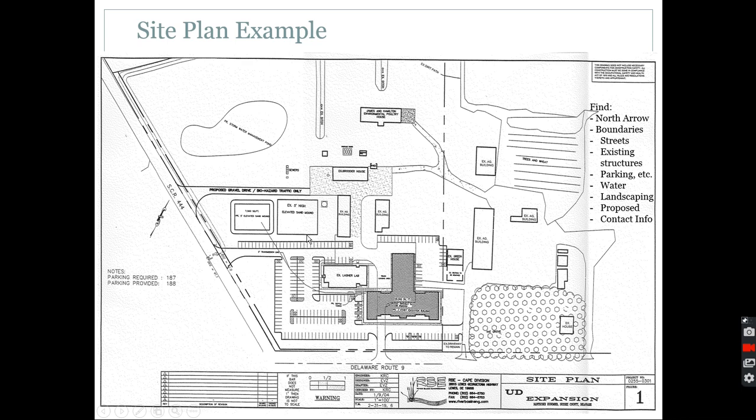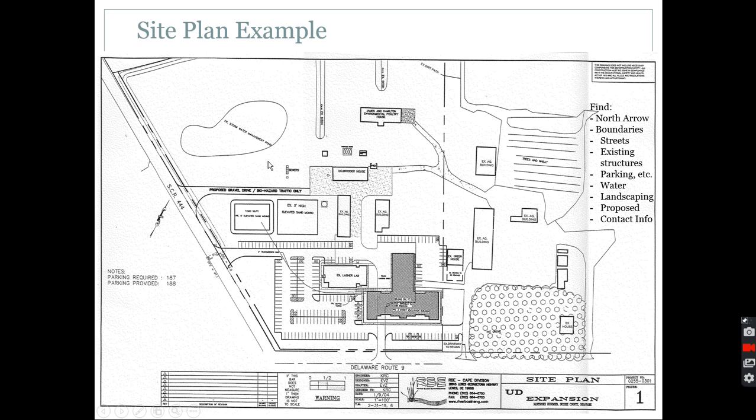Let's take a look at our existing structures, which are shown with just solid rectangular and bold lines. And let's take a look at our proposed structure. The line weight showing the perimeter of this proposed structure is not different than our existing structure, where oftentimes it is. Instead, this designer decided to shade in and fill in. And so this drawing, we can see down here, is an expansion drawing. This is a new building or a proposed building that is going to be